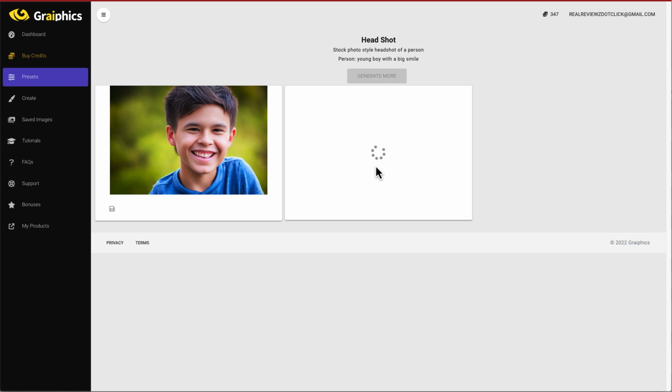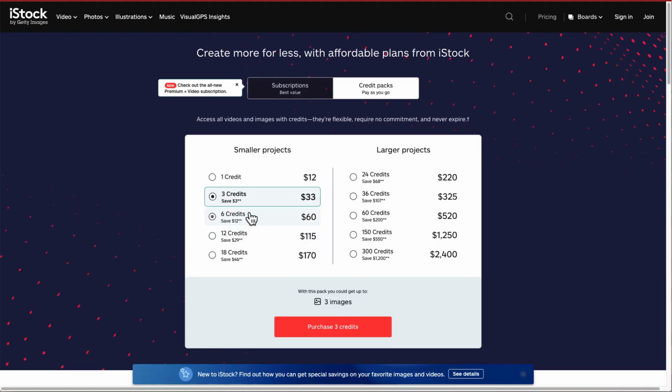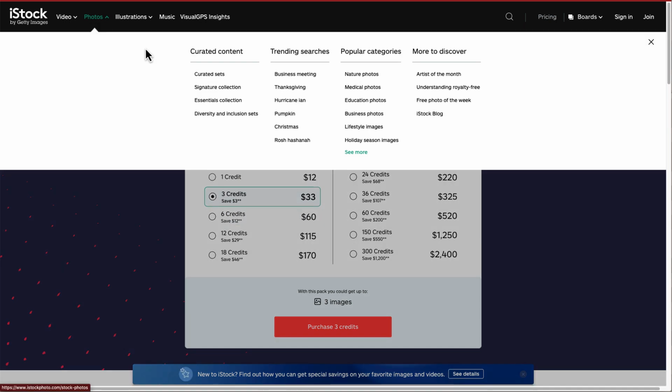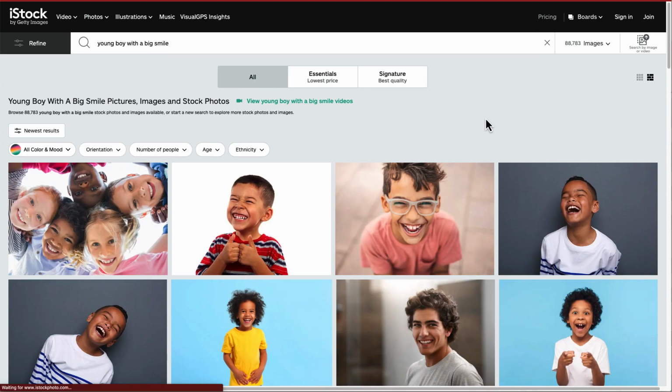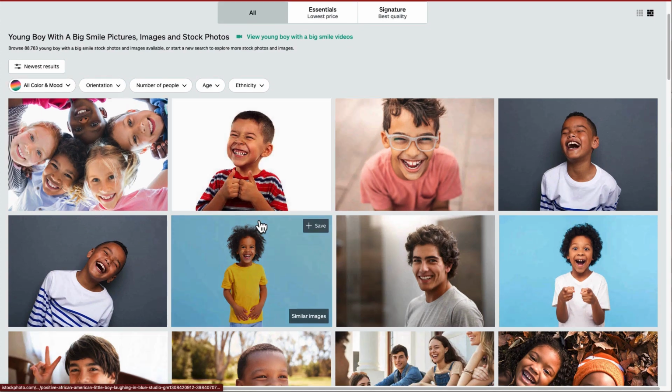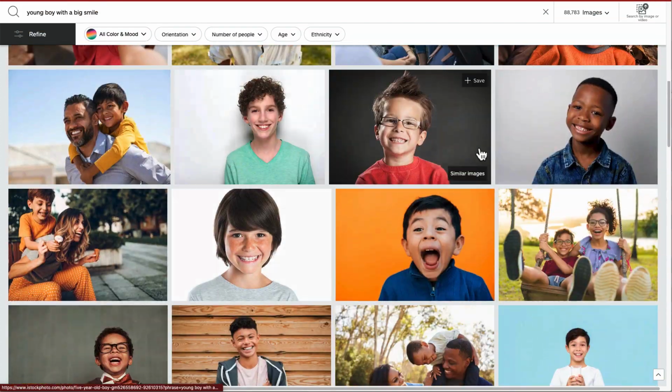The AI is working in the background. It is generating the images based upon what it has learned from the internet about what I said I wanted, a young boy with a big smile. Now let's go back and revisit this idea of spending credits. Now I've spent 9 credits to render 3 photos versus if I was on iStock and I went to photos or illustrations. Let's just go to photos. Young boy with a big smile,